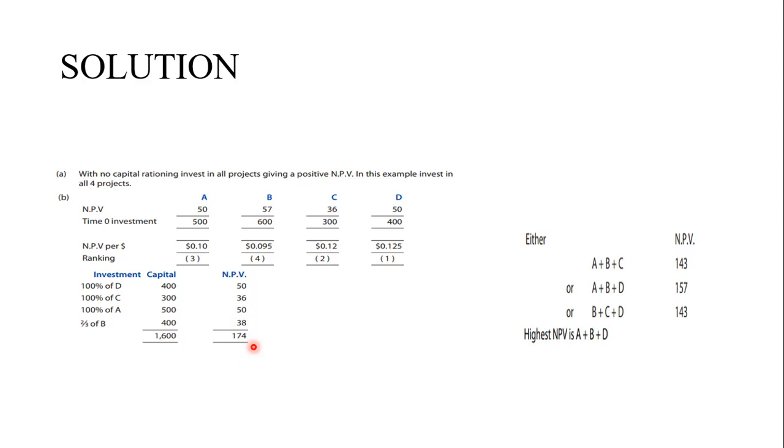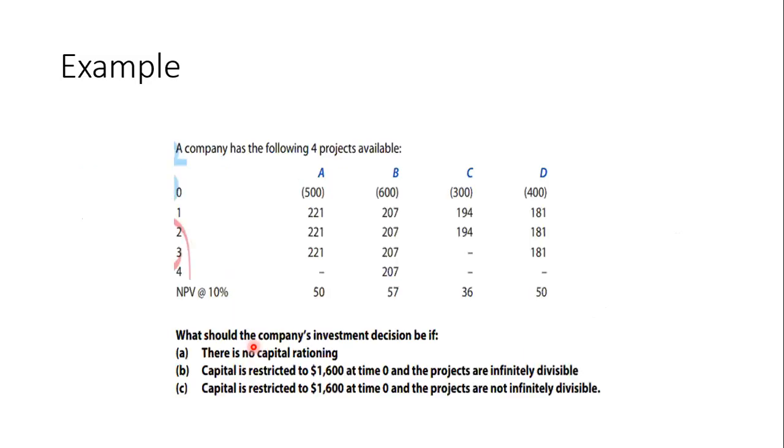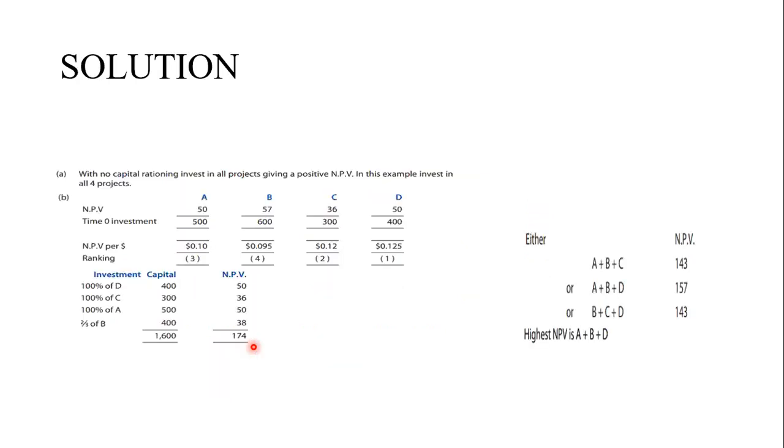Now, let's go to the third requirement. Capital is restricted to 1,600 at time 0, and projects are not infinitely divisible. Here, you cannot divide the project as we saw in the previous example. Here, you have to do combinations of NPVs that would give you the highest, right? That would give you the highest. So if you look at it, A, B plus C is giving you 143 NPV in total. A, B and D would give you